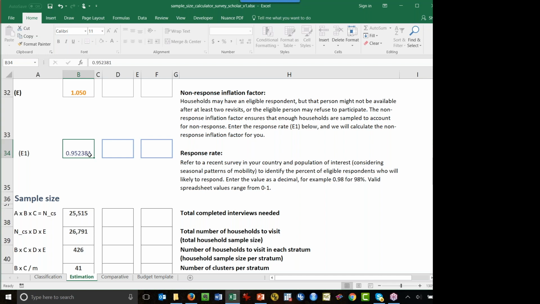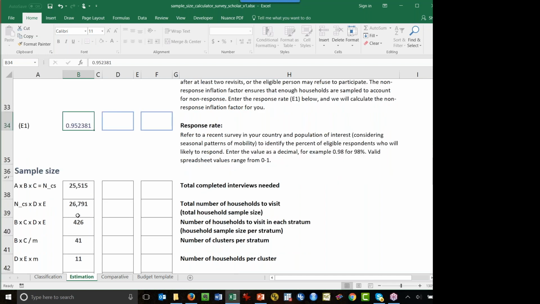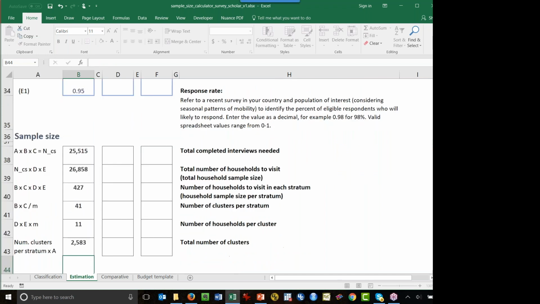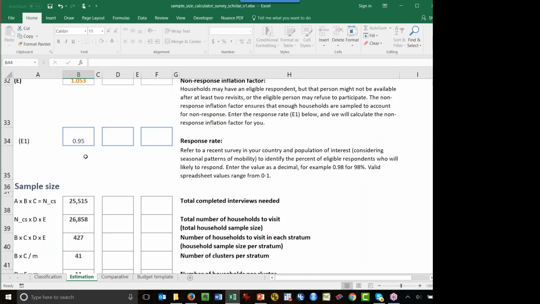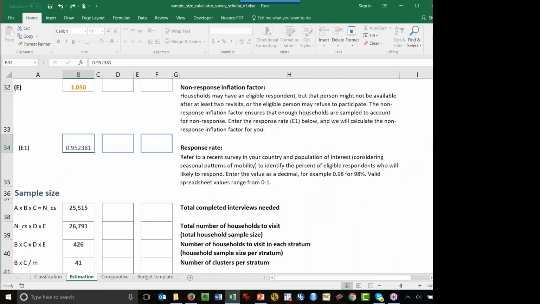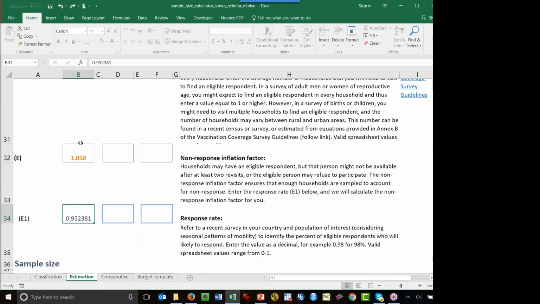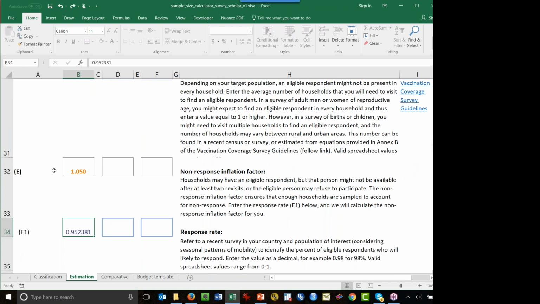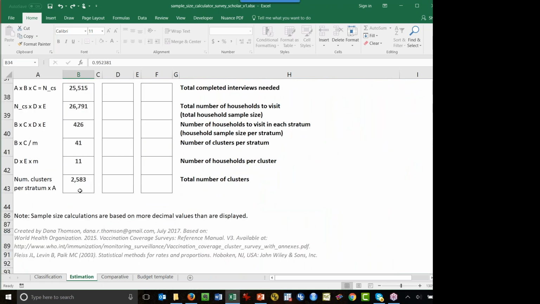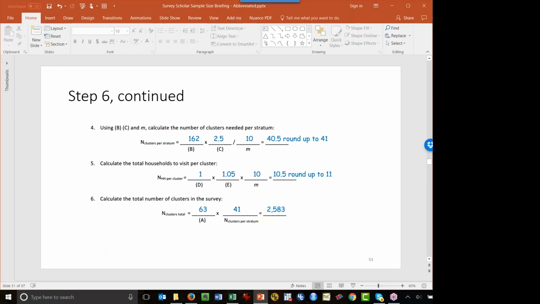And I use this rate so that these numbers will match what we're doing. If we use 0.95 here, then the numbers are a little bit different. But for today, we will use this number to show that if you typed in 1.05 here, the value from table E, then these outputs are exactly the same as what we calculated on the worksheet. If we go up here,